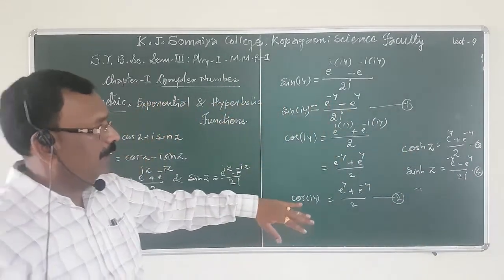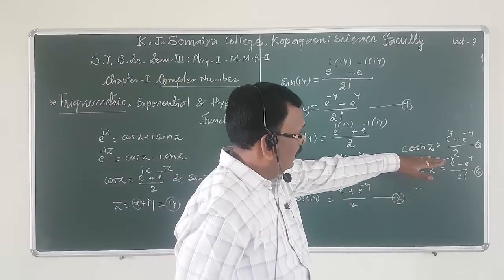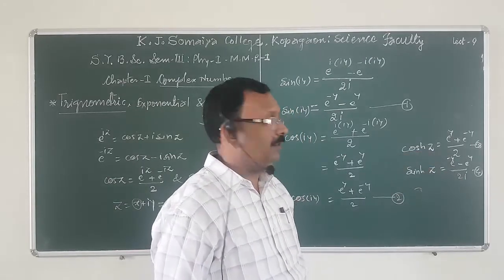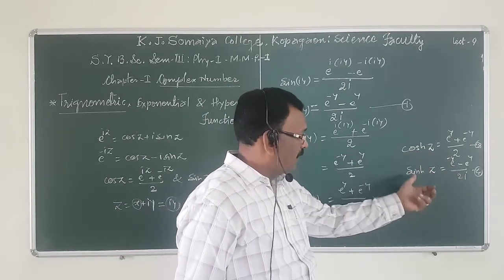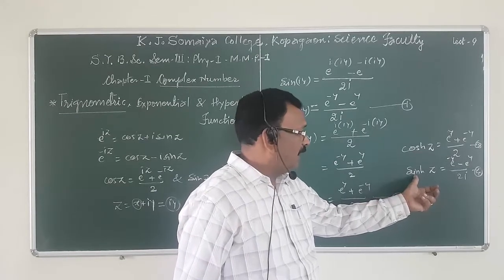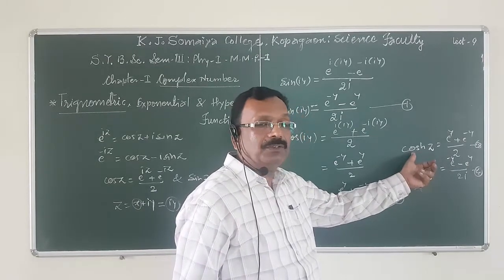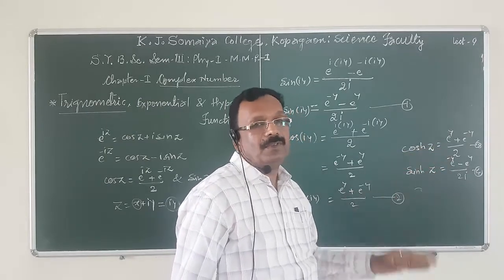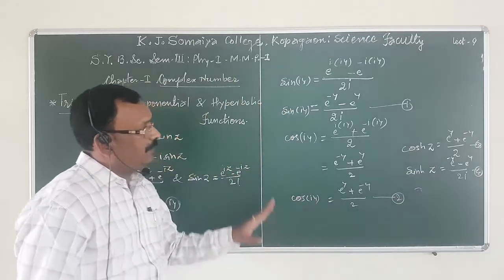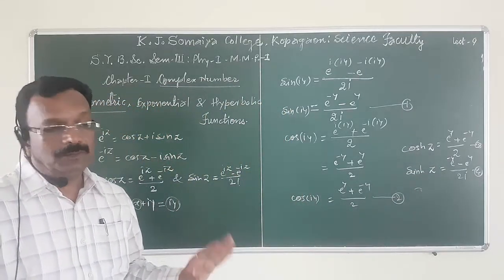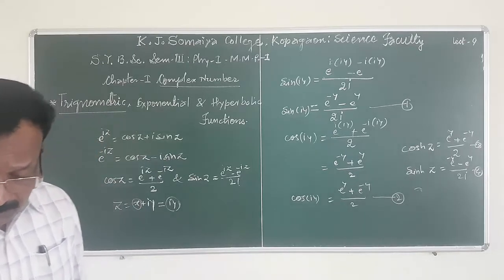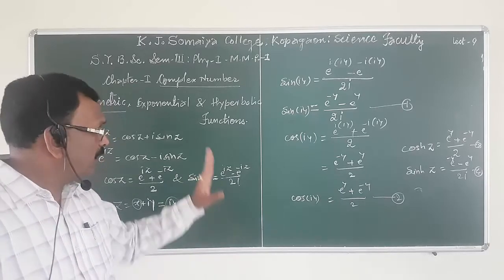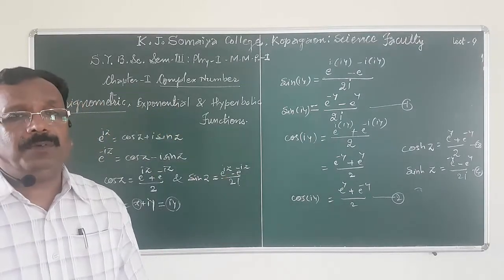And by a similar method, when we take the ratio sinh z upon cosh z, we get tanh z. Reciprocal of this, 1 upon sinh z is equal to cosech z, 1 upon cosh z is equal to sech z, and 1 upon tanh z is equal to coth z. Like this, we can obtain the hyperbolic functions. Okay. Now, we have to obtain some important identities related to trigonometric and hyperbolic functions.